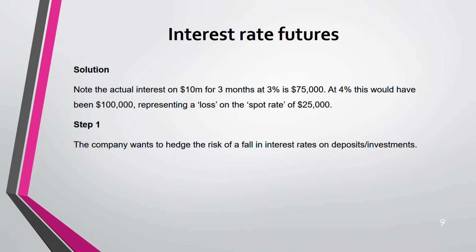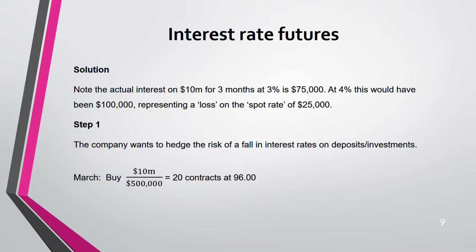But in your exam, things are not so easy. You have to go through the steps to get the marks. Step 1. What is this? It's a deposit. Because it's a deposit, you want to hedge against a rise or a fall? Against a fall in interest rate. Understand this. Number 1. Number 2. So this is how you do it. You have to understand. This is the future, right?